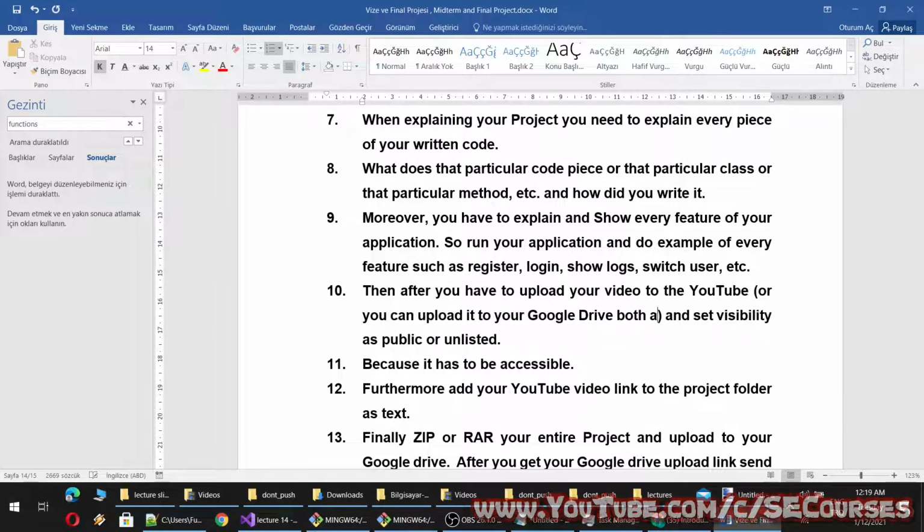Actually, Google Drive is better because it doesn't reduce the quality.